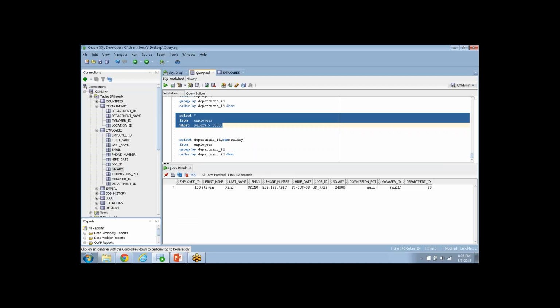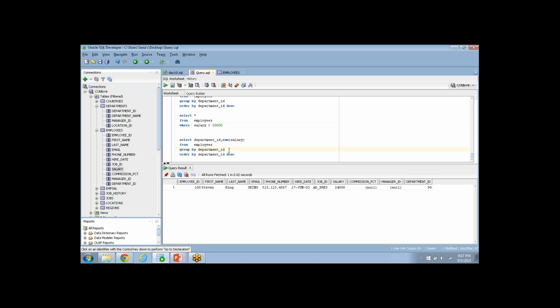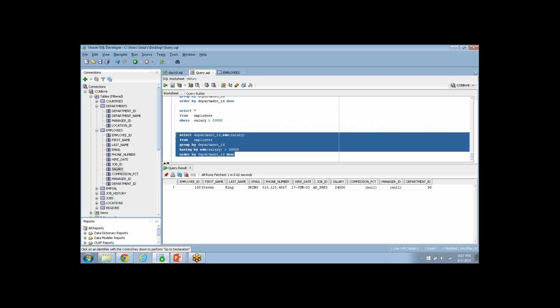But our task is to find out, for each department, how much I am paying, and to see which departments I paid more than 20,000 for. So basically what you do is you write HAVING, that is the syntax, and what you write is sum of salary greater than 20,000. That's exactly correct. So what I get now is